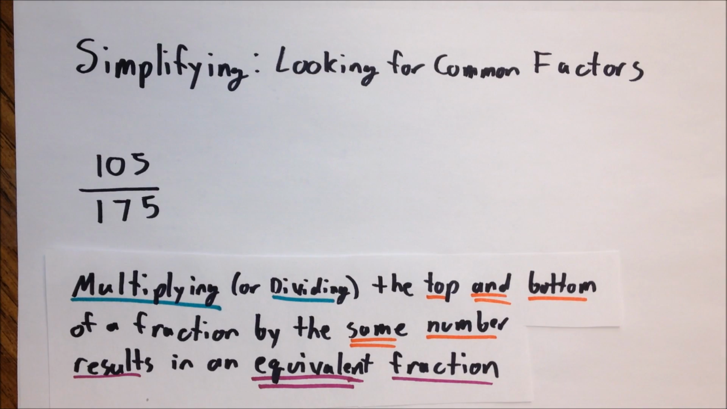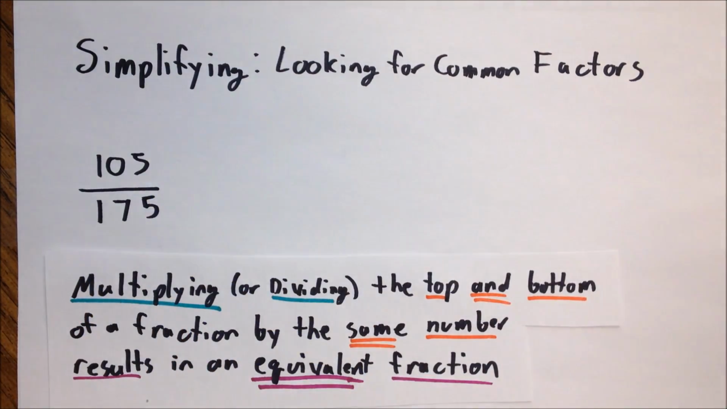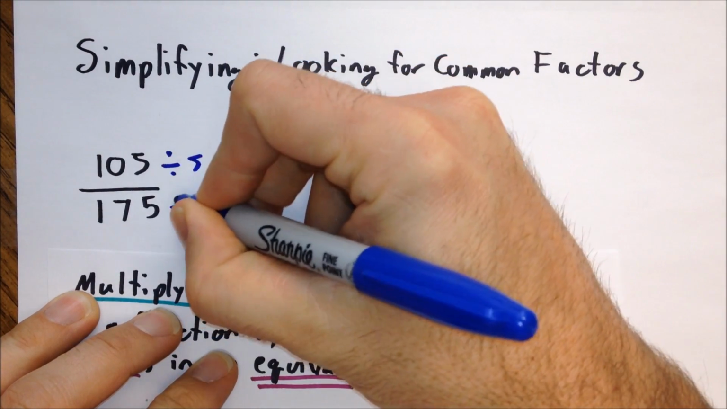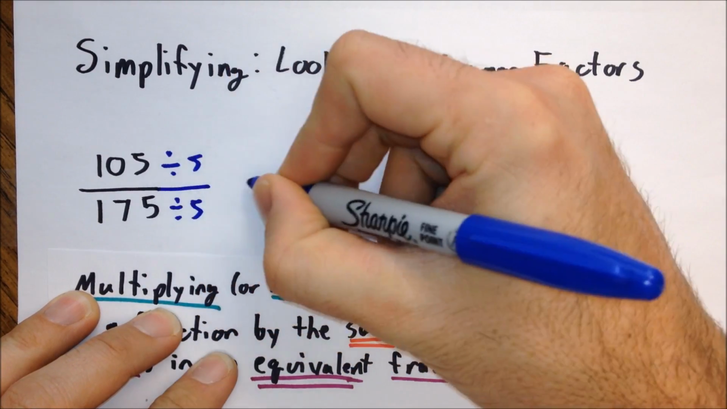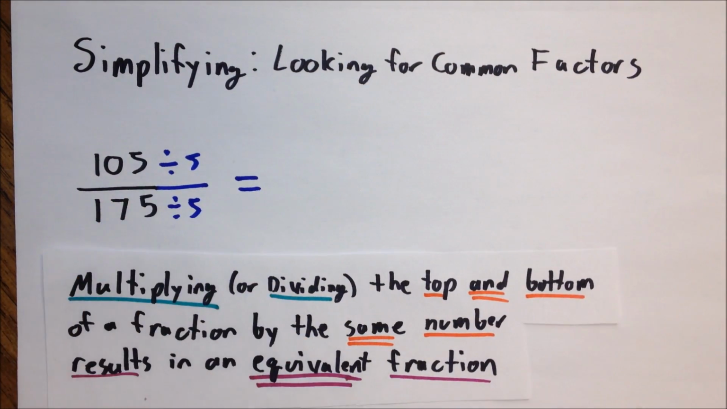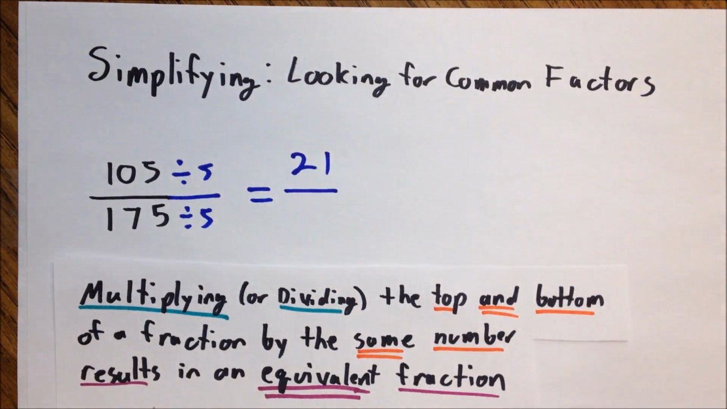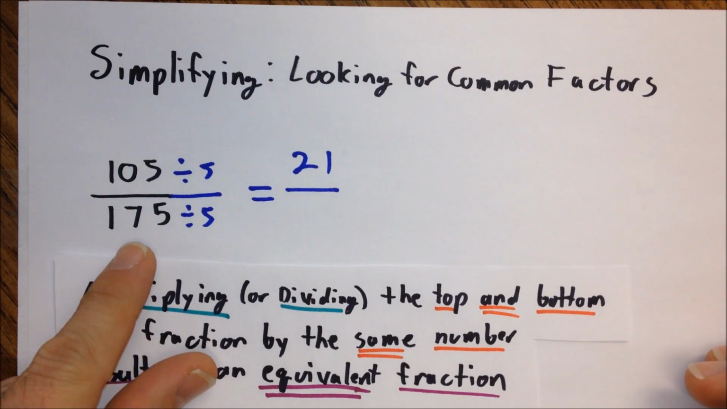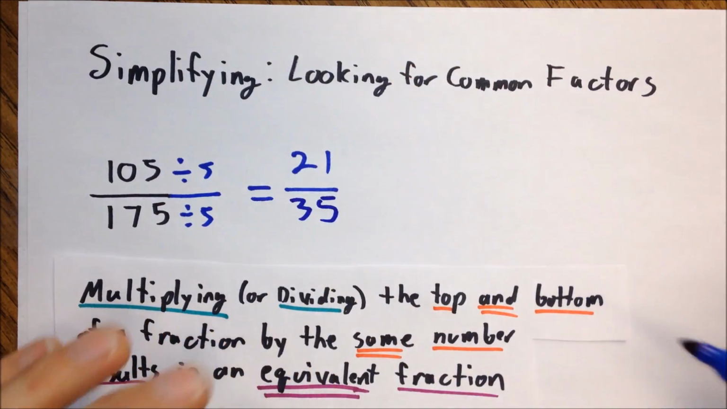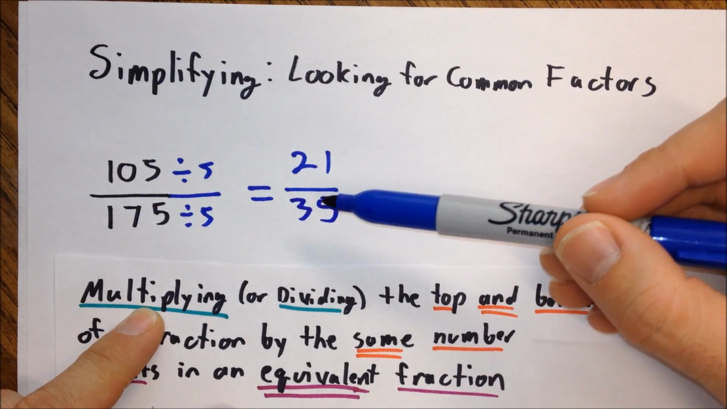And if you're like me, you look at this, you can quickly see they both have a 5 and a 5, so this tells me they're probably divisible by 5. So what if I take the top and the bottom and divide both of those numbers by 5 and get my new fraction? Let's see, 105 divided by 5. I'll let you work that out at home, but I'll tell you the answer. It's 21. Now let's look at the 175 divided by 5. I'll let you work that out at home, but I'll go ahead and tell you the answer. The answer is 35. And so we've successfully simplified this fraction 105 over 175 to a simpler one,